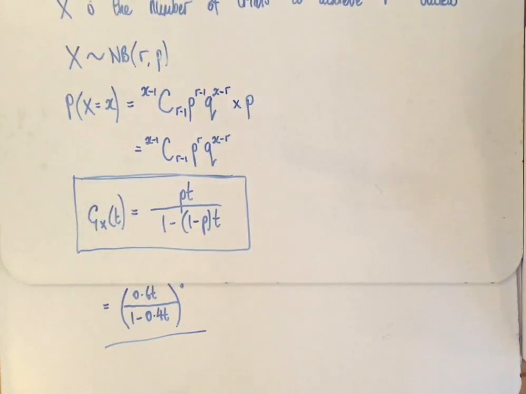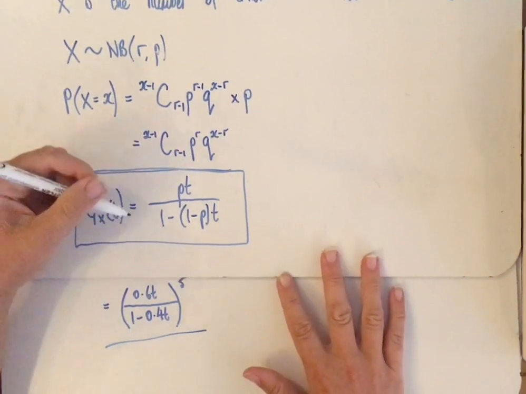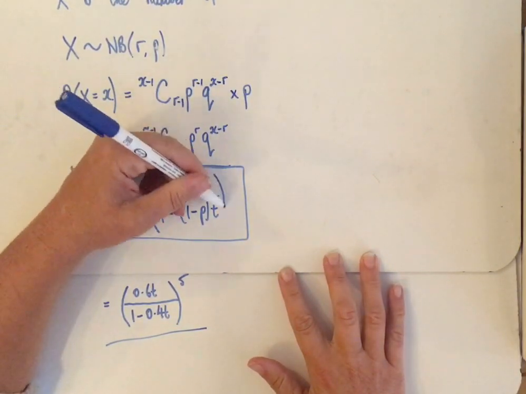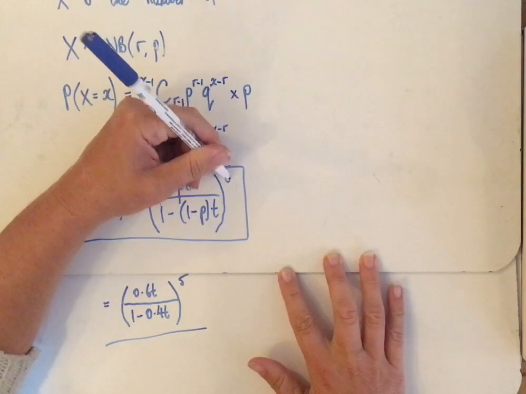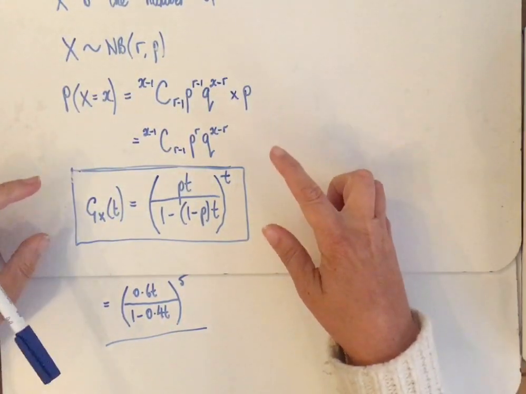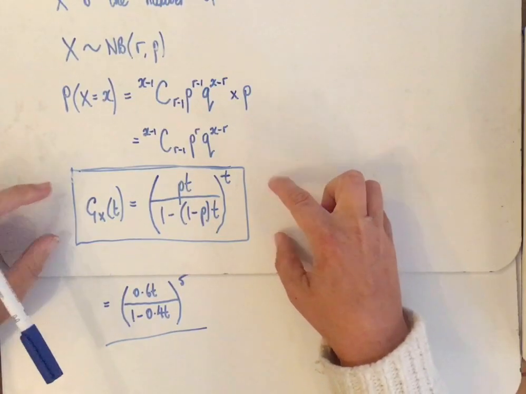I think I meant to put the power in my notes, which I didn't put in. But I feel like I need to double check, sorry. Just double check. Yeah, or to the power of r. I didn't write that in my notes. There we go. So there's a probability generating function for the negative